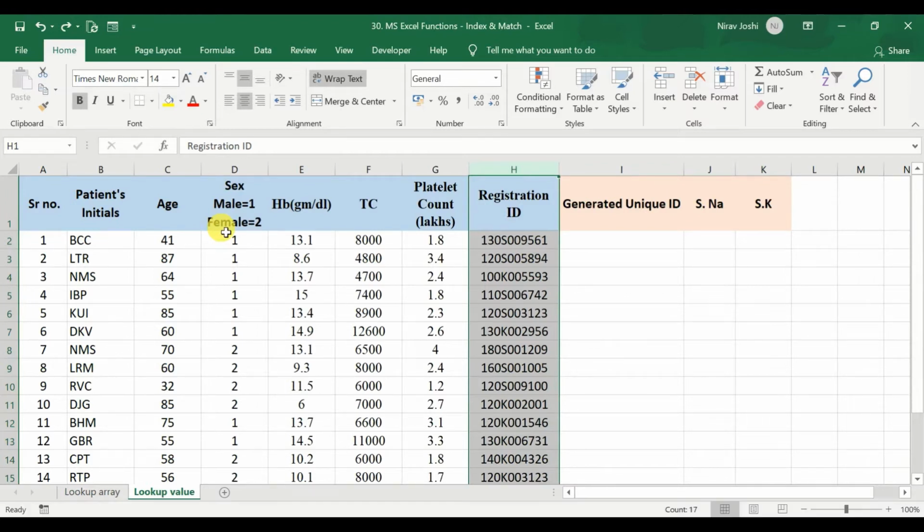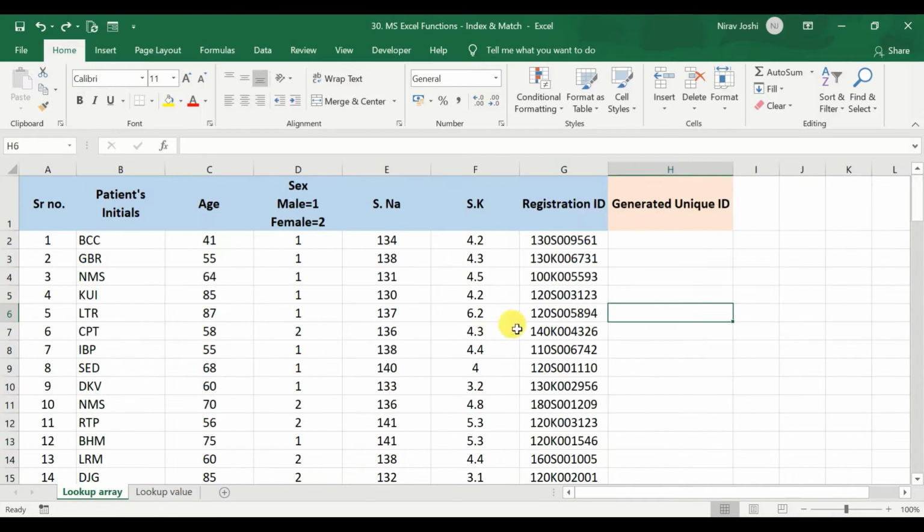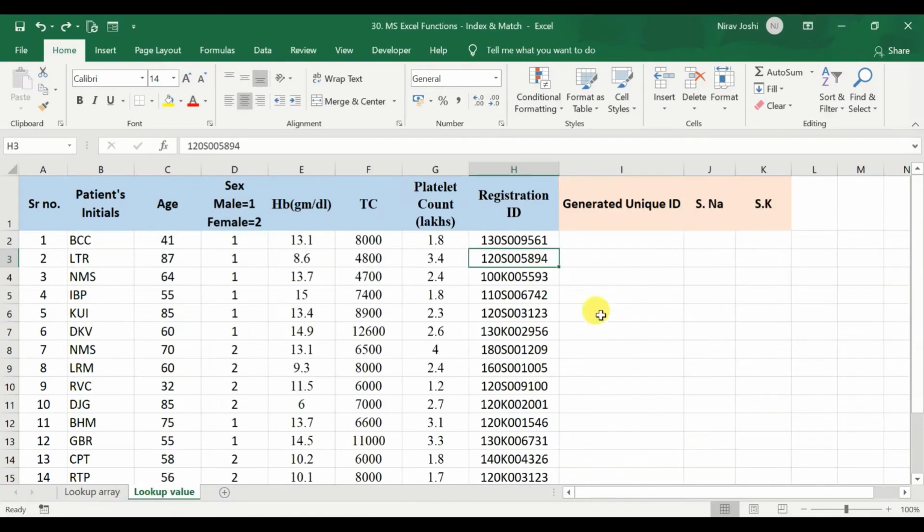Now this kind of situation may occur when we collect data online through some software. It may generate a unique ID like this registration ID or some UUID, by which you can combine the data sets. But this UUID or registration ID or unique ID would not always be in the first column. So when we use VLOOKUP, we may not be able to fetch the data that is to the left side in this array. So this data would be difficult to fetch through the VLOOKUP function, and to solve this, we have the INDEX and MATCH functions in combination.